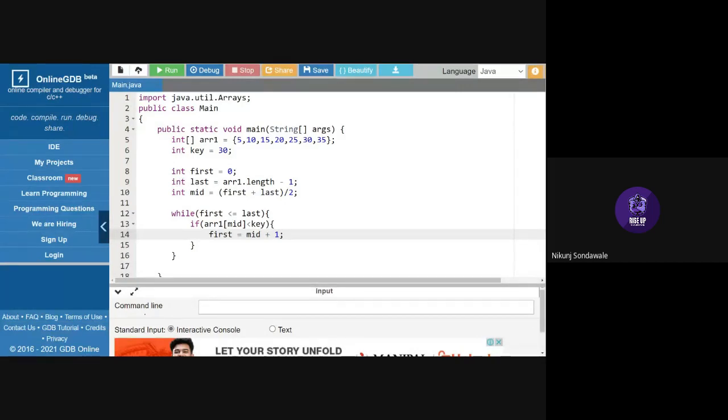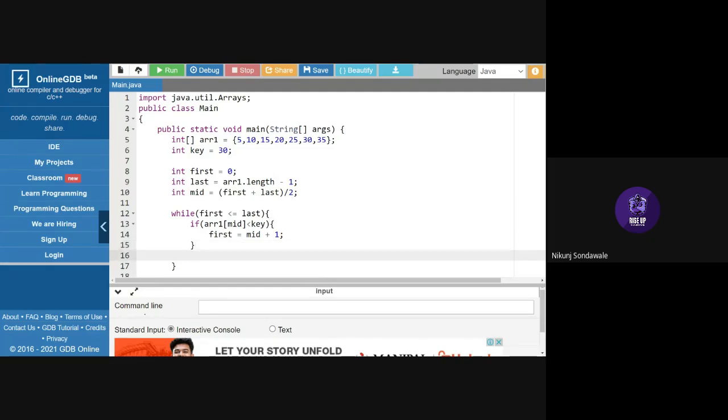If my key is greater than the mid element of my array, it will definitely lie on the right hand side, because binary search works only on a sorted array. So we change the value of first to mid plus 1.